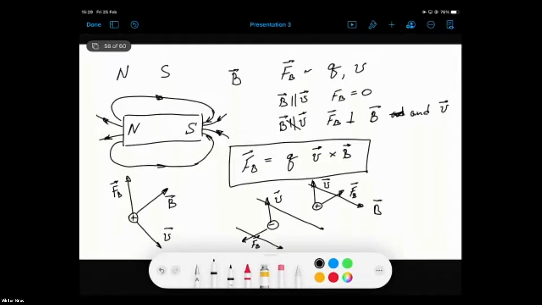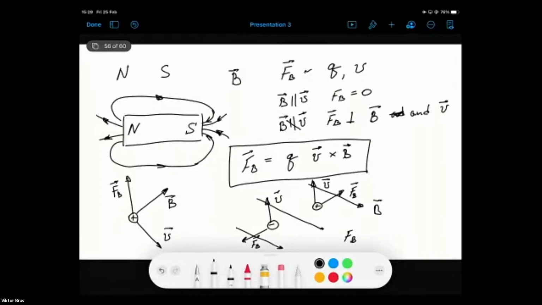If we have equal by magnitude charges but different in sign, we'll get equal by magnitude magnetic forces but oriented in different directions. So the magnitude of magnetic force can then be calculated